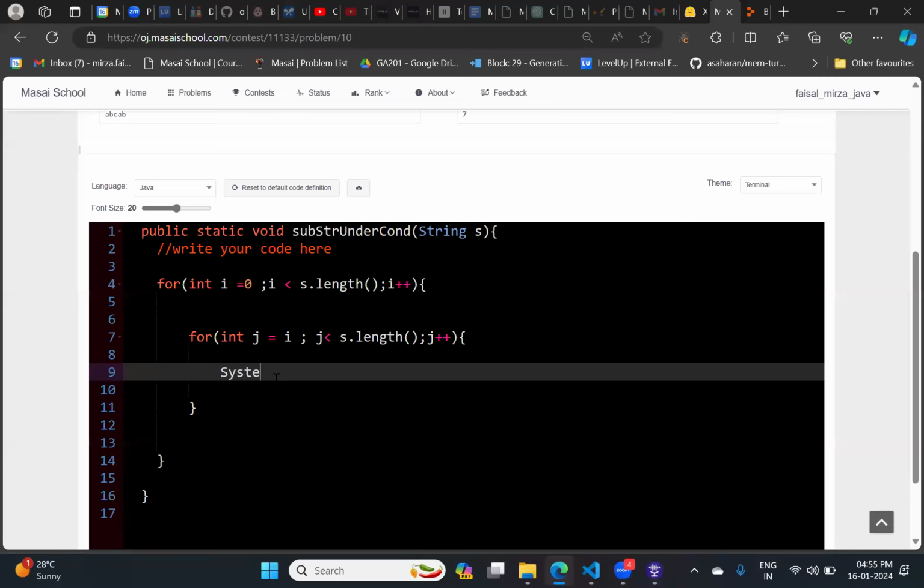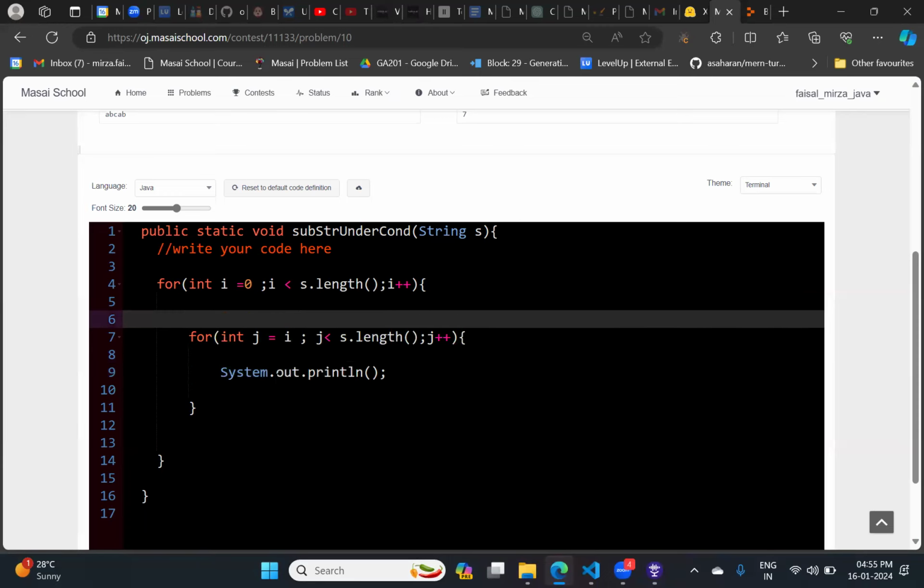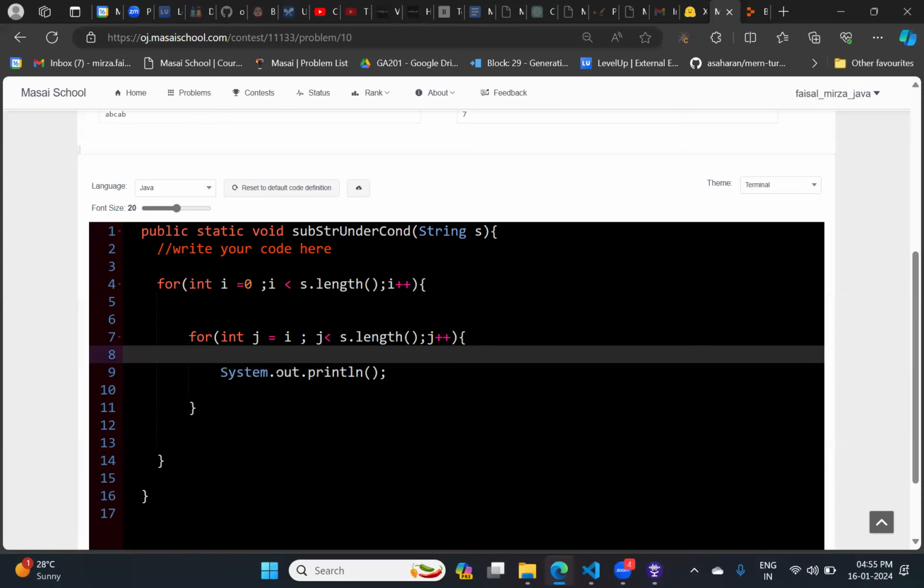Don't we have to store it somewhere as well? We can use s dot substring. Where do I need to declare the variable, inside the inner for loop, over here only at line number 8? Are you sure? If we are using the substring method directly, we do not need to use another variable, sir.